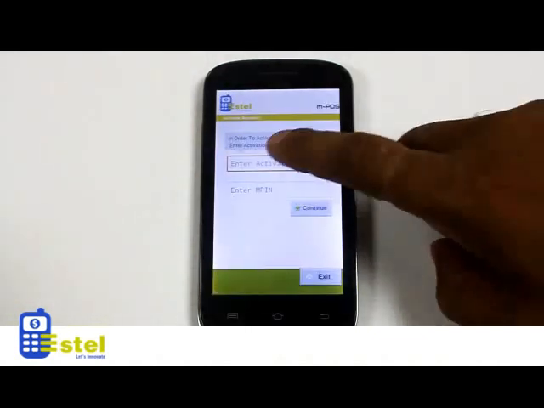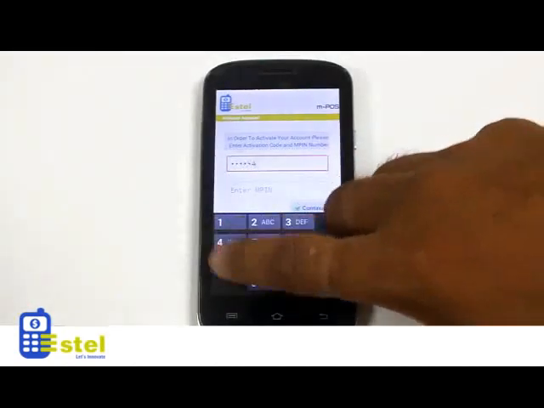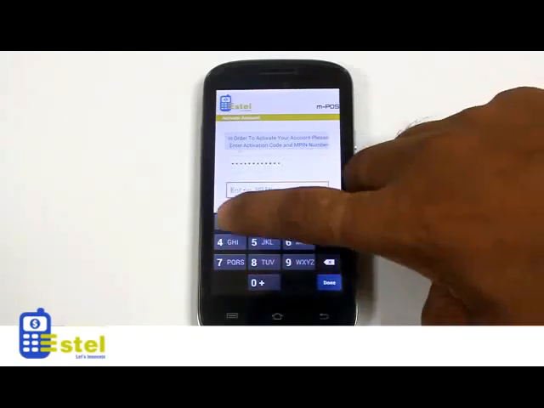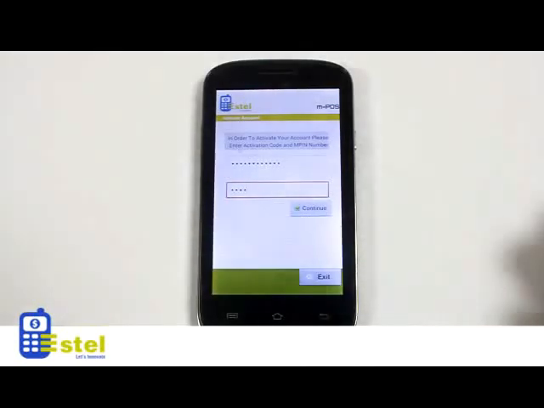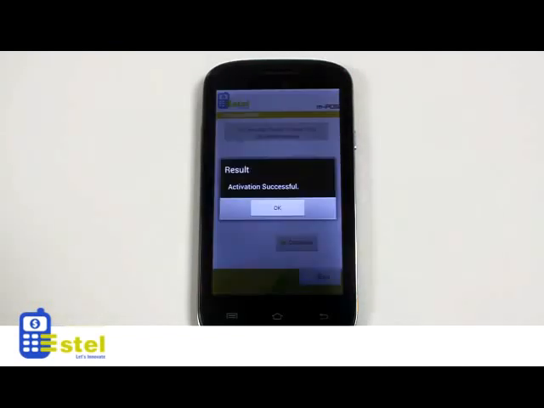On this screen, you would need to enter the activation code and MPIN. Both the activation code and MPIN are unique codes given to you at the time of registration. The activation code is a 12-digit security number. This number is entered just the first time to activate your mPOS mApp account, whereas the PIN is a 4-digit number that acts as a lock for security. Tap Continue. A pop-up message is displayed: activation successful.